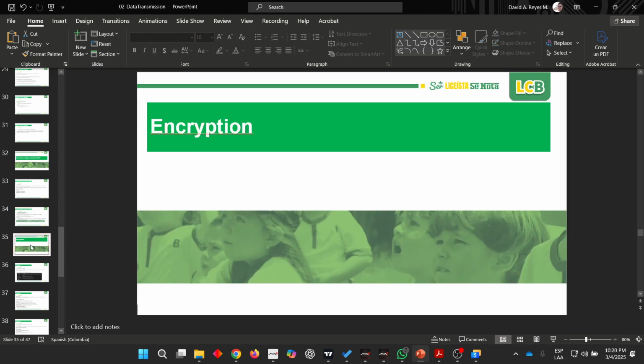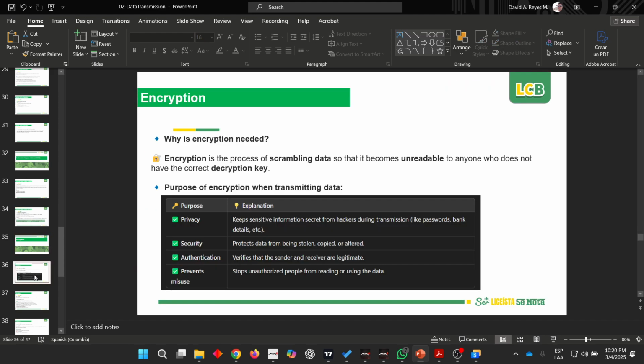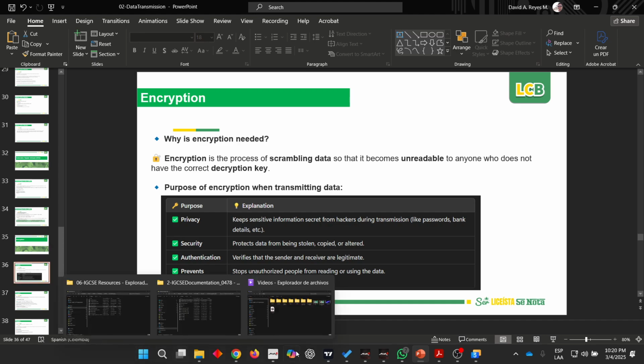Encryption. Why do we need to use encryption? Encryption is the process of, in other words, changing the information so that it cannot be understood. Let me try to explain something. Let's suppose that you are sending a message